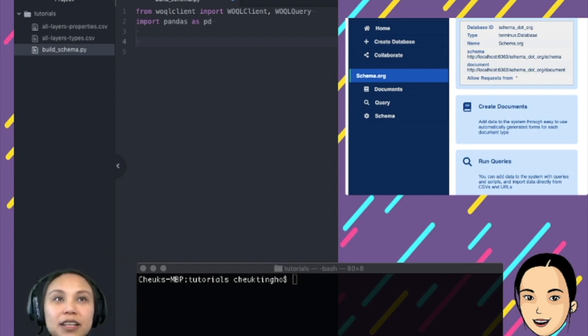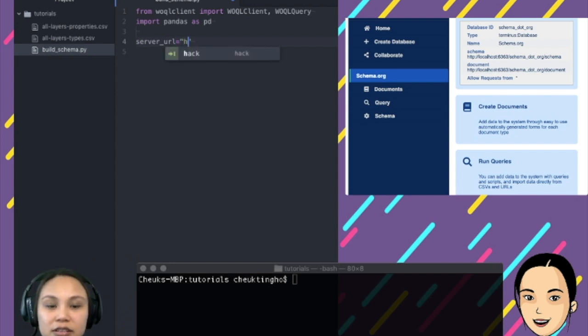So we have TerminusDB, and we have to tell the client where our database is sitting. So where is our TerminusDB? Remember, it's localhost 6363, right? So I'll set the server URL as HTTP, the standard, localhost 6363.